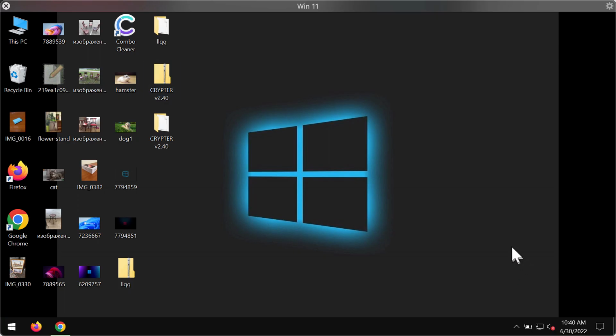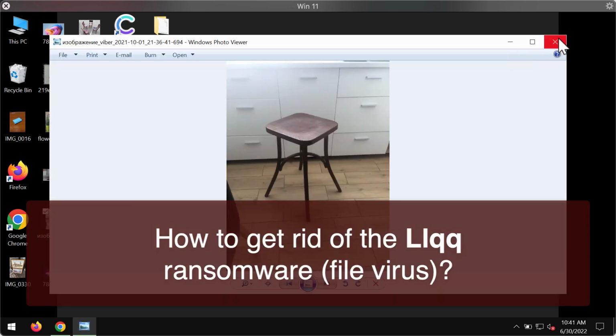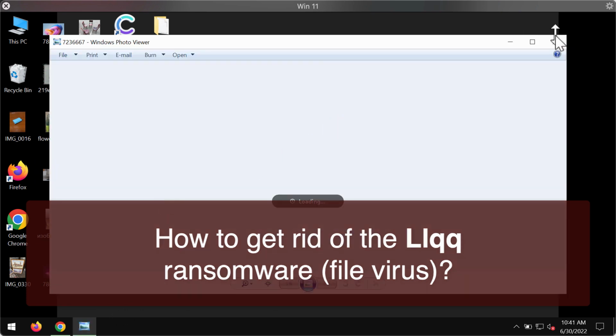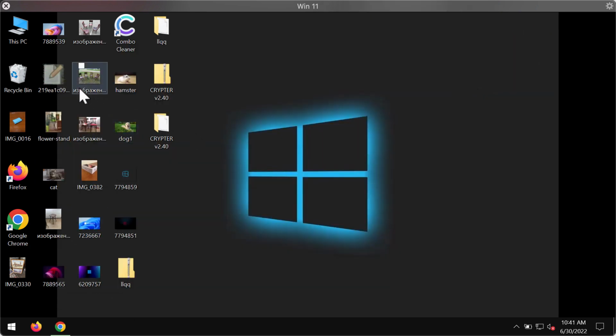My video guide is dedicated to help you remove the ransomware that is called Llqq. This particular ransomware is from the DJVU ransomware family. The ransomware is able to considerably damage the files that people store on their hard drives, including pictures, music, Microsoft